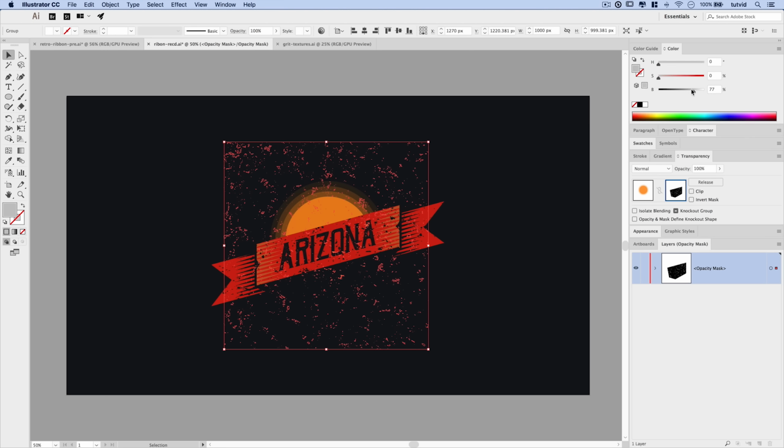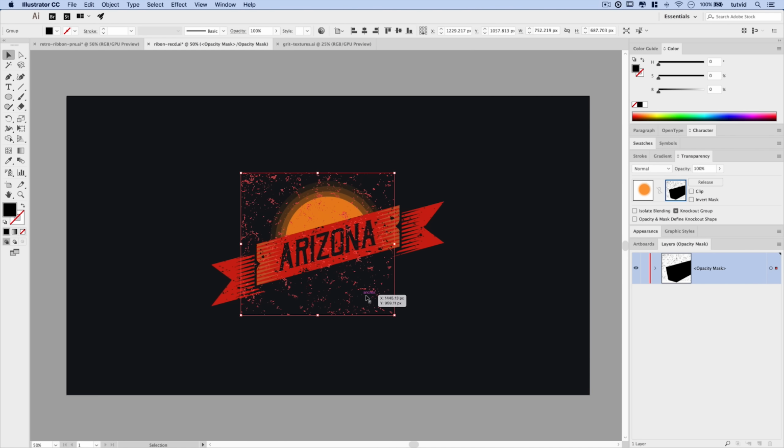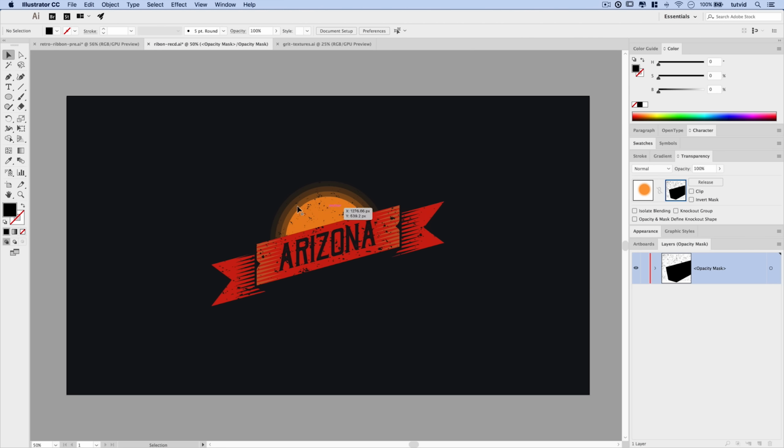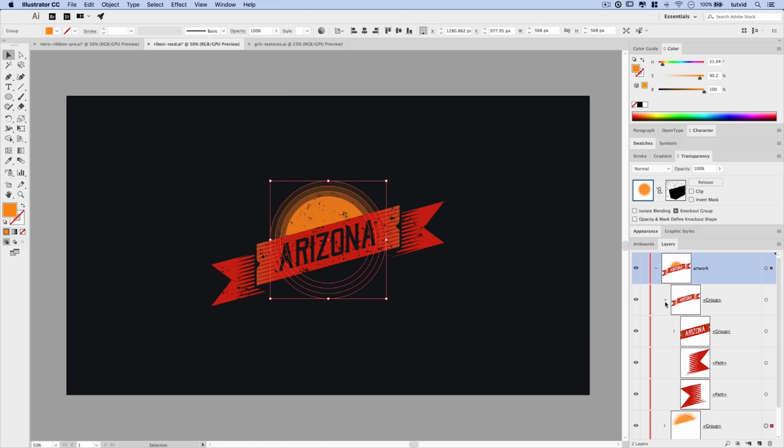I can just go to HSB, by the way, and just knock that back down to black, and I'm going to push this over so we can add a little bit more texture into the sun area. Great. And if I deselect, you can see that we're really just adding some texture there to the sun. And if you really want to take it a step further, we can open up our group here